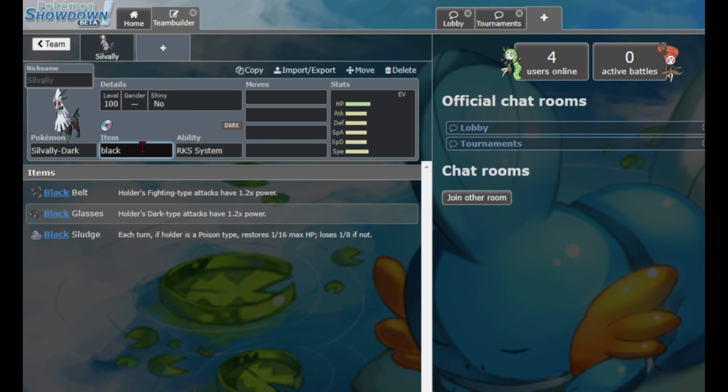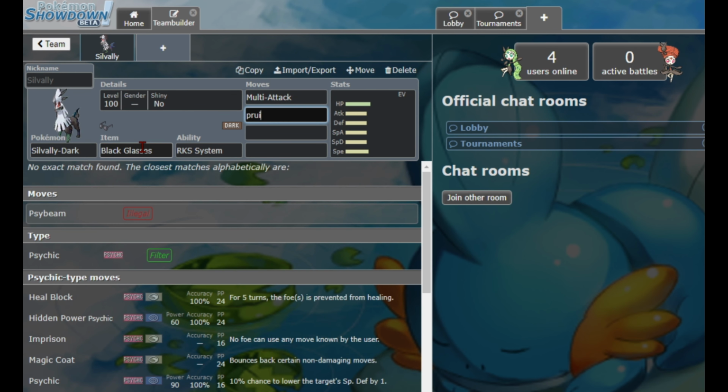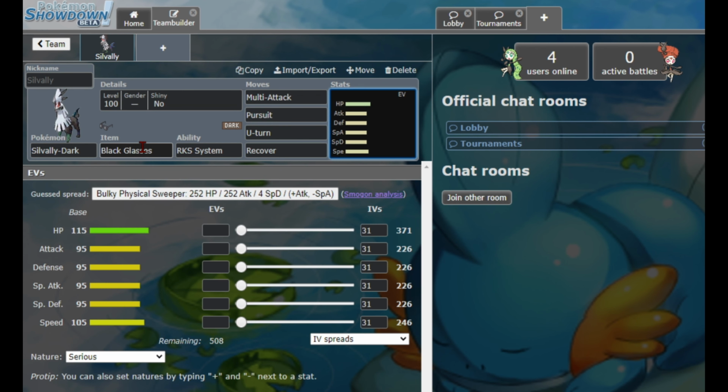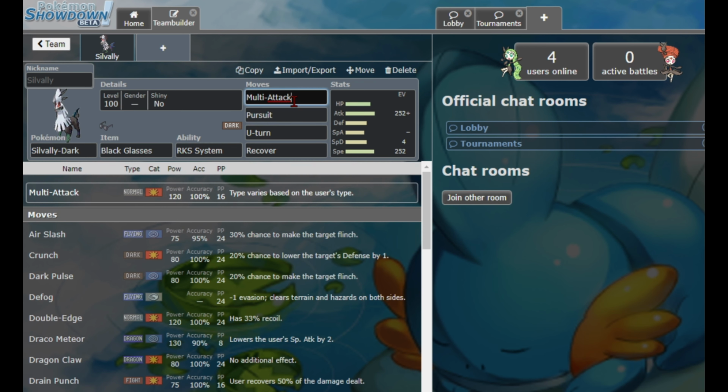I've run this set in tours before. Multi-attack, Pursuit, U-turn, and Recover. What this set does is you switch into it, and it has, by the way, Dark Aura. Here is Arcade System's Dark Aura in this case, and the thing is, your multi-attack and Pursuit become really strong, and you